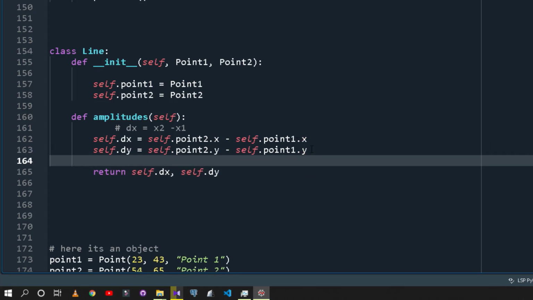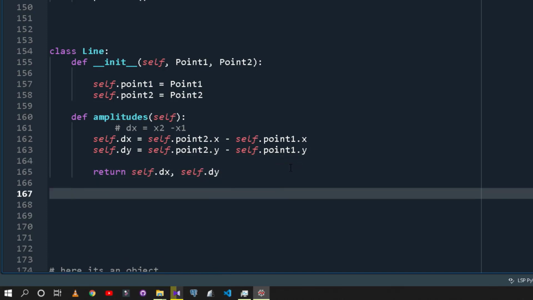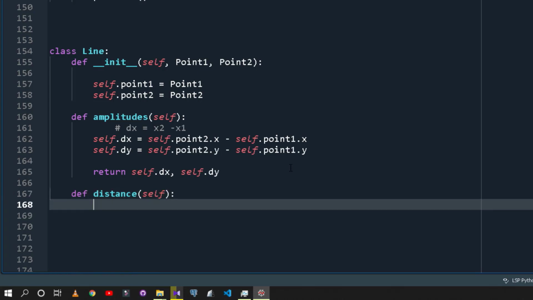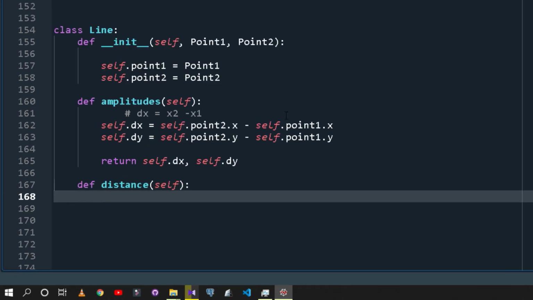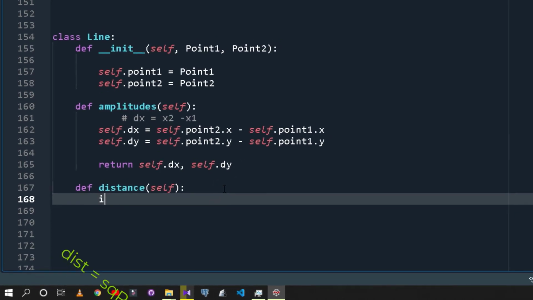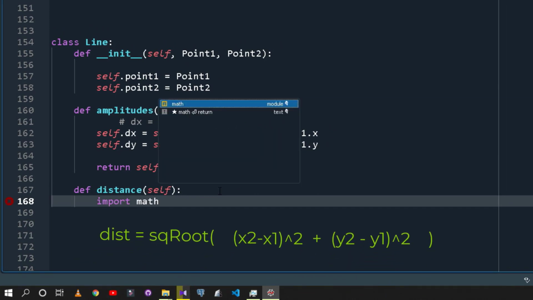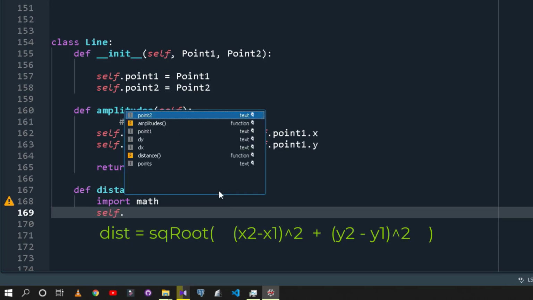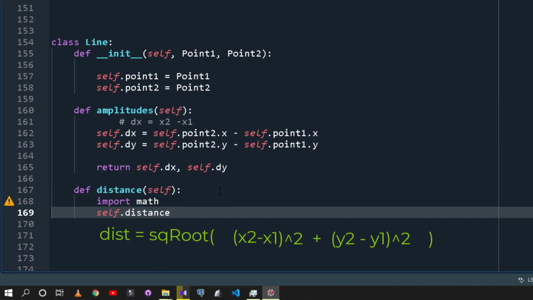So you've done that, so let's do some more properties for this line class. You could also have distance between 2 points, right? So let's create a function called distance, and I'll pass in self as a parameter, like this. If you want to compute the distance, I'll just import math here. So I will say self.distance equals,